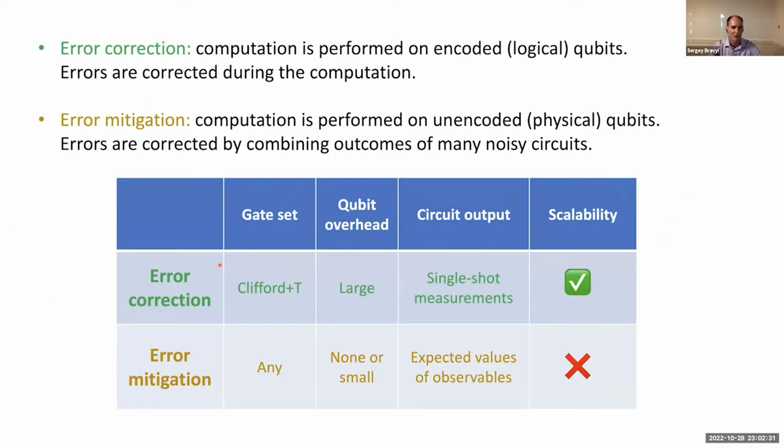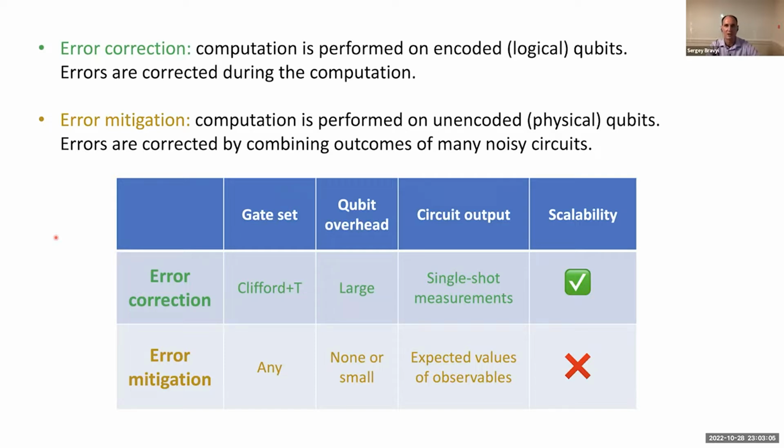As you know, error correction converts physical operations, which can be noisy, to logical operations acting on encoded qubits, which are protected from noise. In contrast, error mitigation does not improve gate fidelity or qubit coherence time. It works by repeating a noisy quantum circuit many times and processing outputs of these circuits in a way that cancels the contribution of noise.